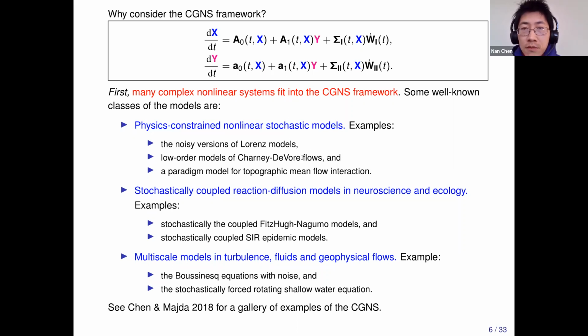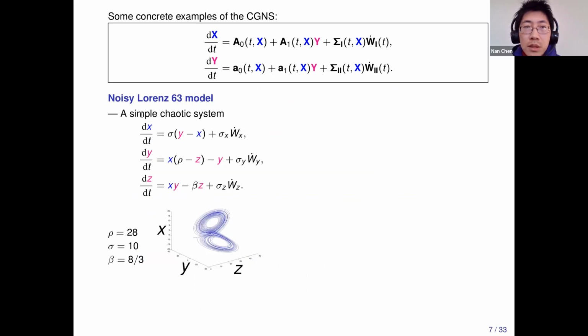And I want to show some concrete examples. The first one is this very simple model, the three-dimensional Lorenz model, which was the first model to describe chaotic behavior, right? If you plot it in the phase space, you will see this very nice butterfly effect. And the system is very chaotic. That means if you start from an initial value that is slightly perturbed, then the forecast value will very soon become very different from the unperturbed forecast value. So this system itself is nonlinear, and only a nonlinear system can give you this chaotic behavior.